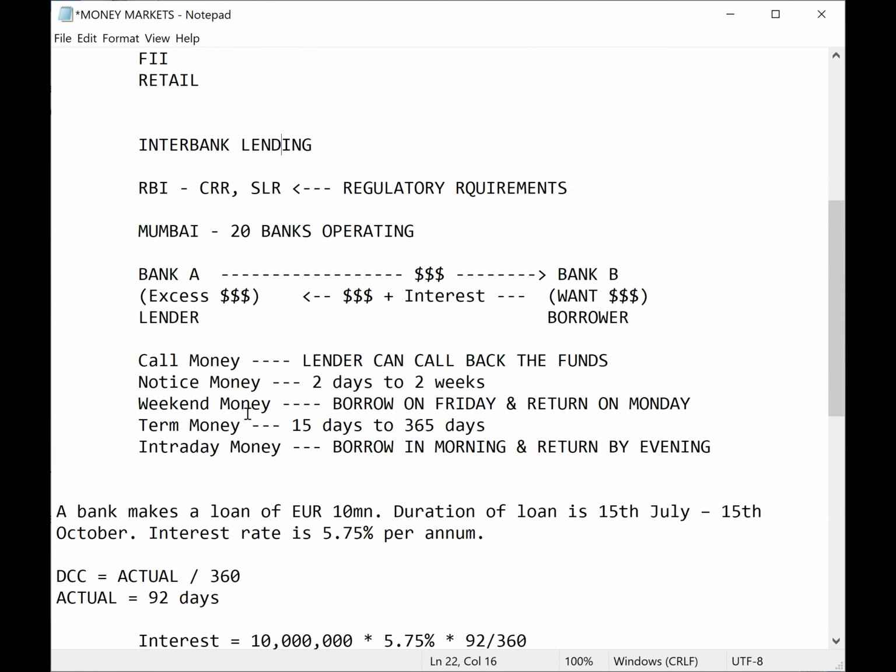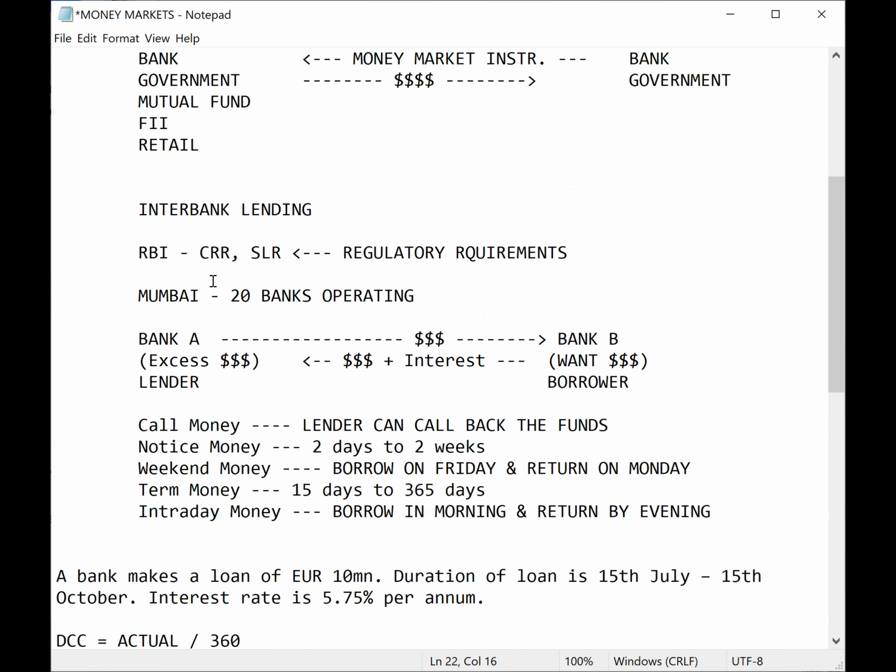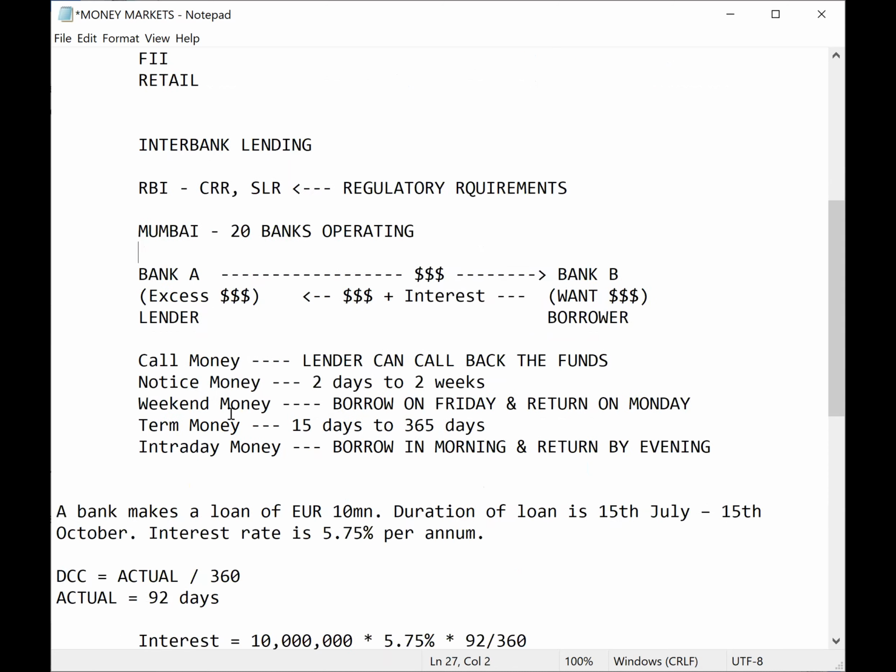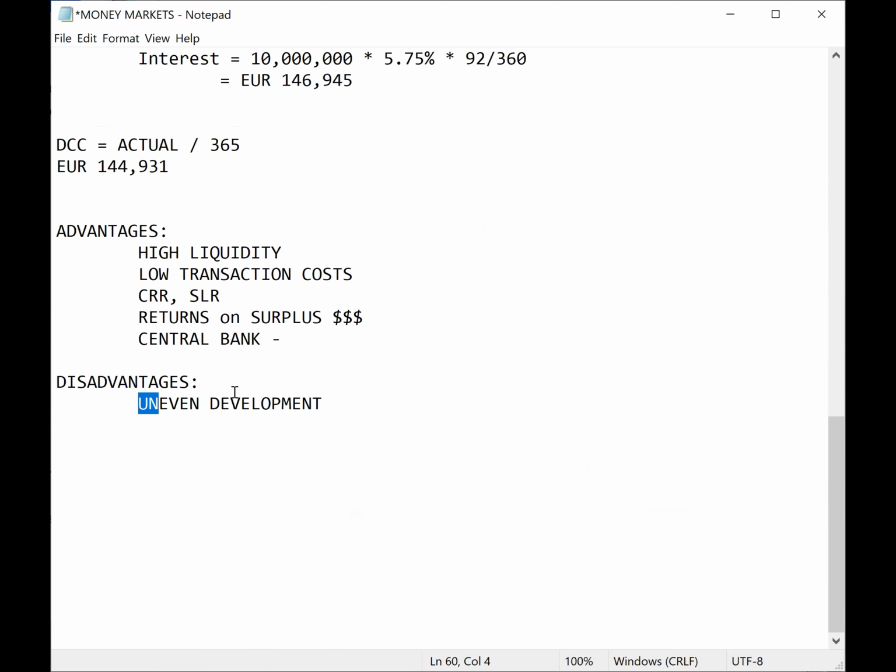But if you go to a bigger market like Delhi, Kolkata, Bangalore, Mumbai, in that interbank lending will be active. So in Mumbai, the banks will be exchanging the funds, but in Kanpur, that may not be happening, or it would be happening at a very, very small level. So the development is not even. Then you have